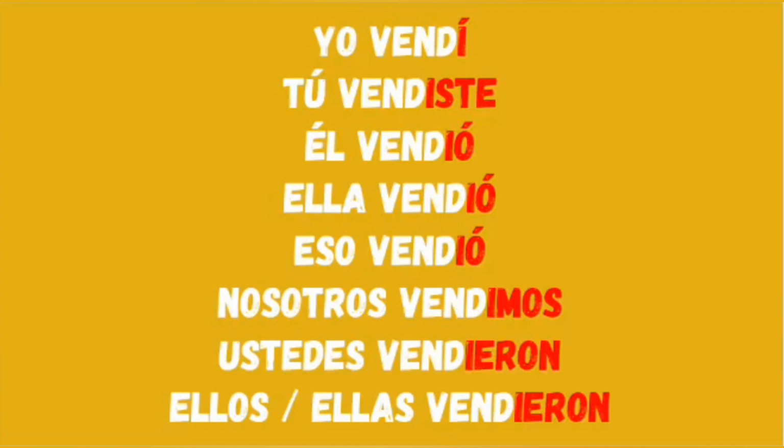Él vendió. Okay? If you want to say she sold, then you have to say ella vendió. Okay, it's ending with I-O, I and O with an accent. If you want to say it sold, then you have to say eso vendió. To say we sold, then you have to say nosotros vendimos. Okay? If you want to say you sold in the plural form, then you have to say ustedes